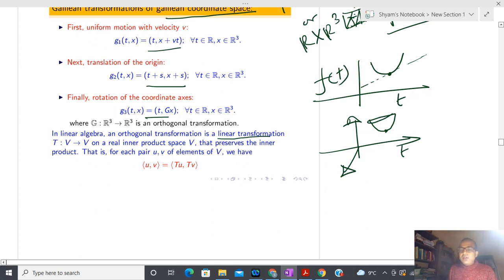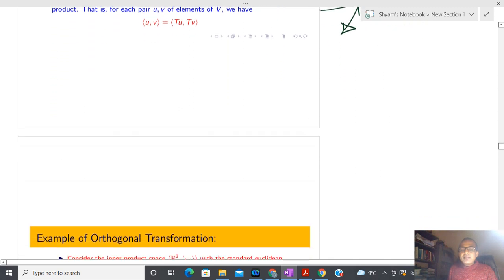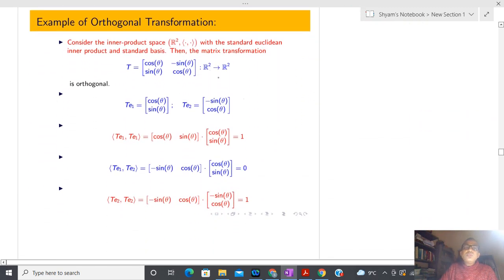Okay, now let us try to see how to talk about the orthogonal. I will give one or two slides of introduction to orthogonal transformation, because it appears for the first time. Suppose you have R2, meaning I have two axes, the x axis and the y axis. Any point in this space I can represent like this: